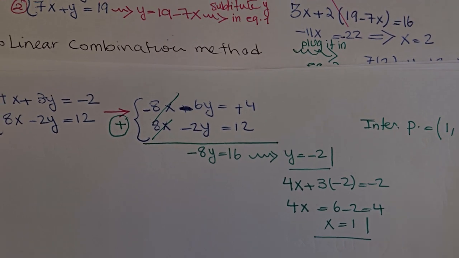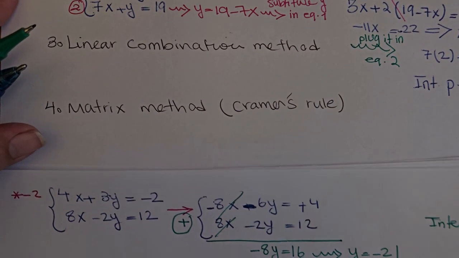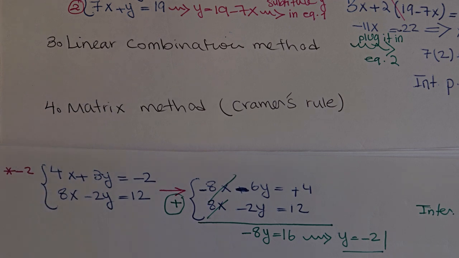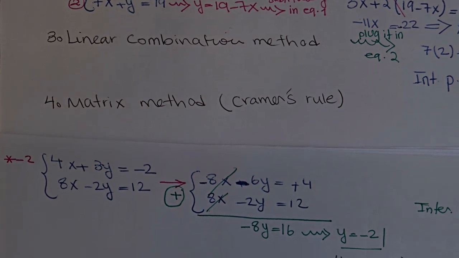Okay, as I just mentioned, the fourth method is the matrix method, or Cramer's rule. This method is very new to most people. I would say it's not very common, because working with matrices greater than 2 by 2 is very difficult. I have explained this method in another video. I have allocated one whole video to this topic. I will put down the link in the comments so you can watch that one. In the rest of the video, I will try to solve a couple of examples